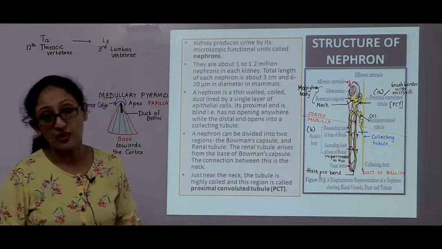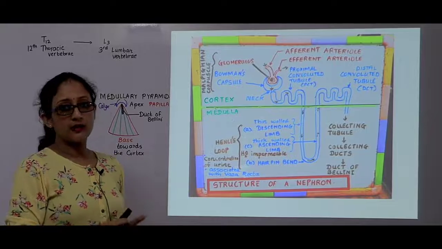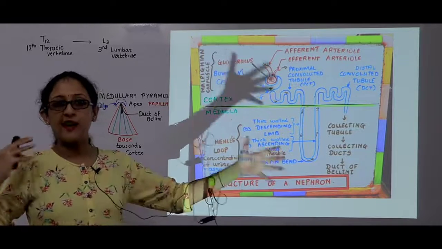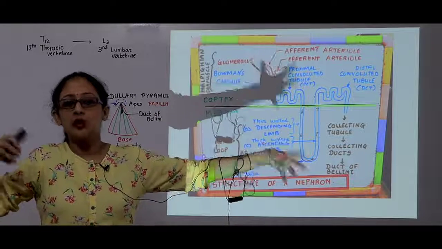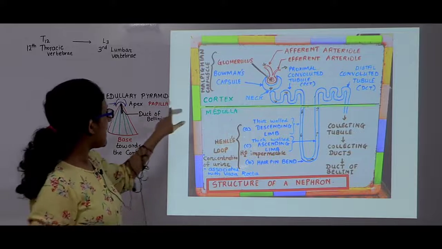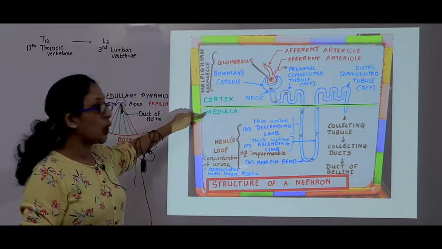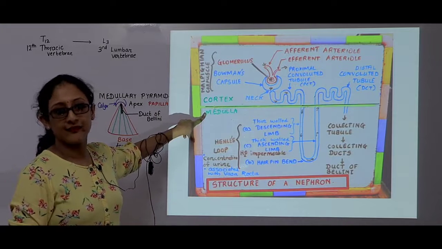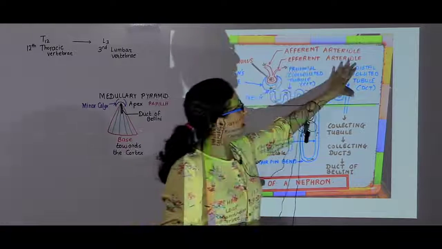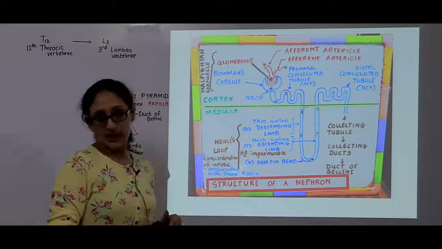So, this is the structure of the nephron. So, children, this is an image which I had drawn on the board. It's a most simplified image. I have opened up everything so that you can come to know about the different parts. As you see, I have drawn a black line over here to demarcate between cortex and medulla. So, what lies above the line? All these things are in the cortex. What is below is in the medulla.